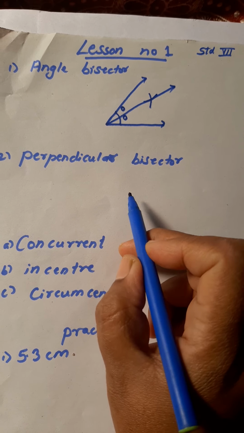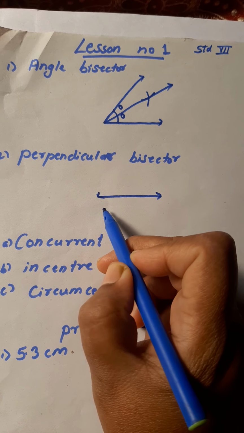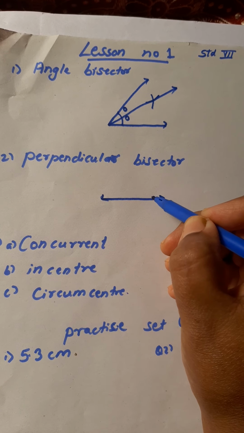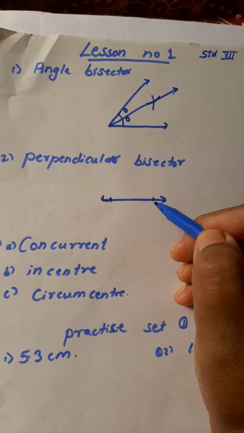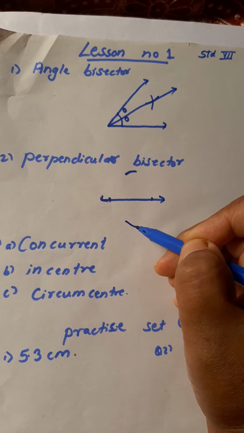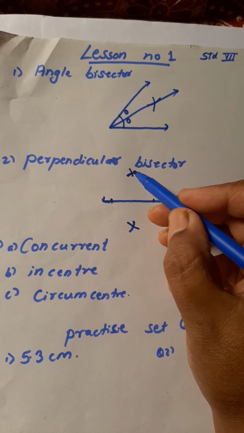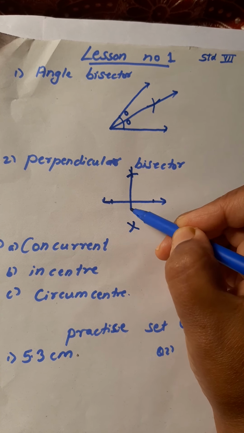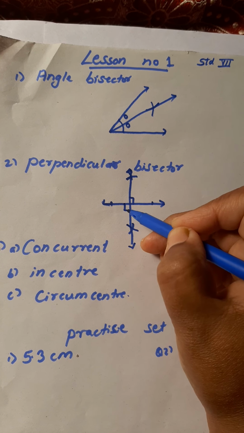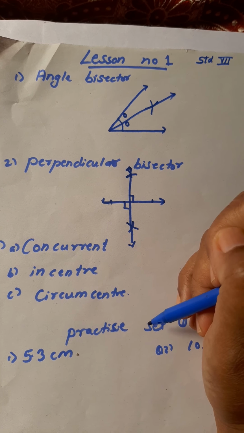Next, it is a perpendicular bisector. Perpendicular bisector means what? When we draw a line of any measure, 2, 3, 4 centimeters, and with the help of a compass we make an arc on both sides. Then from one point we make one arc above and one arc downward, and from this point we will cut both arcs. Okay, and these points we will join with the help of the scale. Then this is called a perpendicular bisector. A perpendicular bisector makes an angle of 90 degrees.